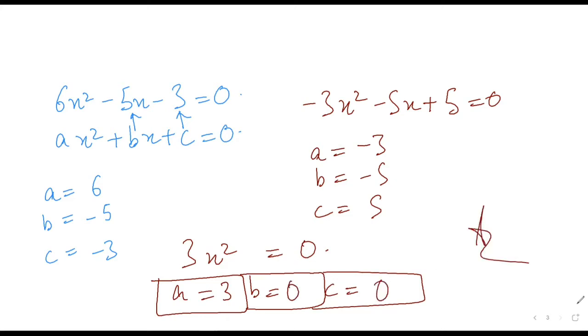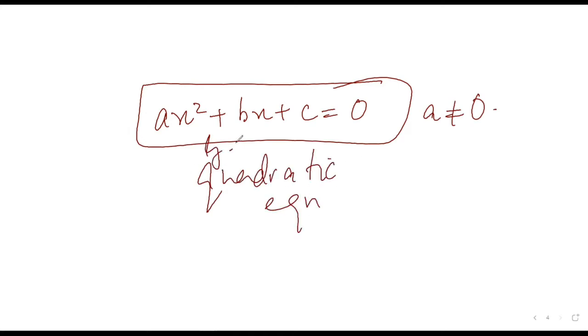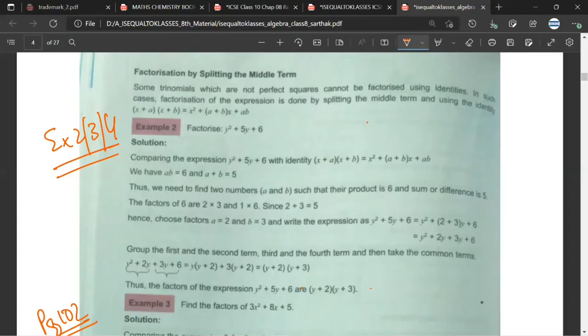Are we clear? Yes. So always remember that the general form of a quadratic equation looks something like this, where a is not equal to 0. This is the general form of a quadratic equation. Are we clear, Mr. Sarthak? Yes. Okay. Now let us understand that if we want to, so this is what the equations look like,